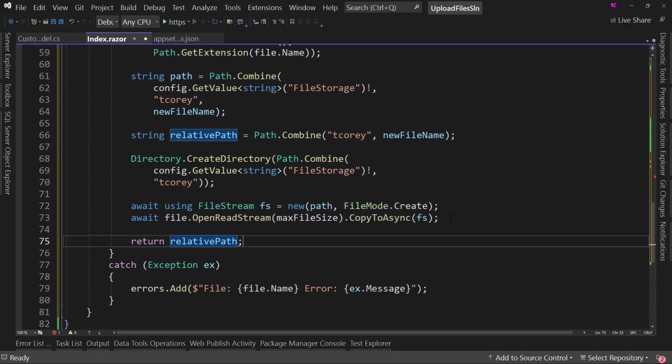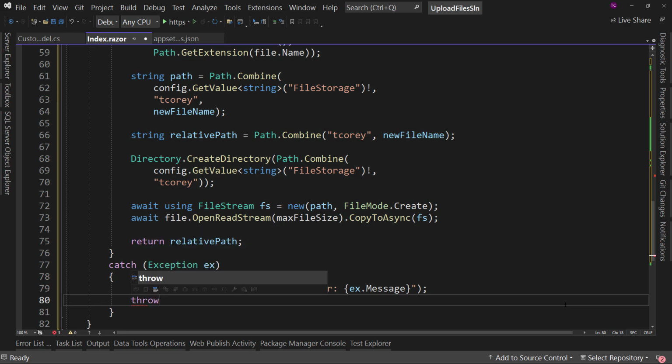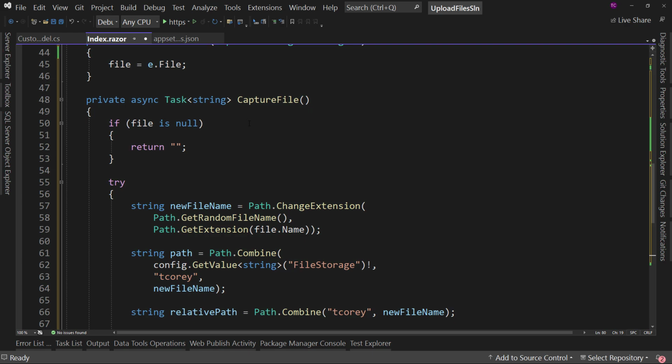All right, so we're storing that, and then in the catch here, we should just throw an exception as well. So if you have an error with the file, meaning it's not that the file is blank, it's that there's a problem with the file itself, well, then we shouldn't just continue on as business as usual. We should throw an exception, not just allow it to occur. So that's what we're going to do here. But now we have this CaptureFile method. And that will allow us to capture the relative path of that file and not just toss it in disk